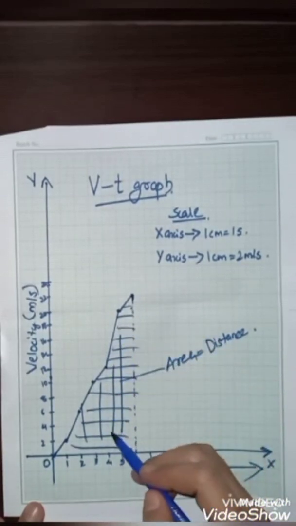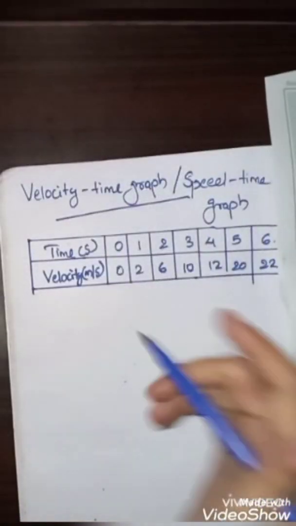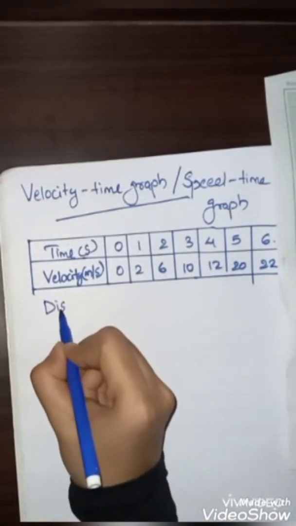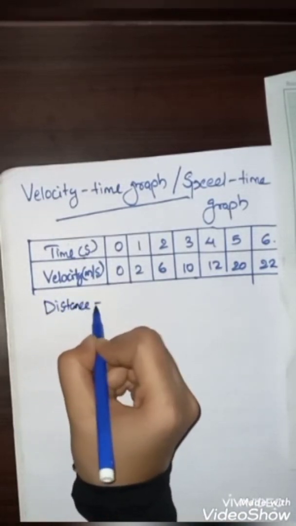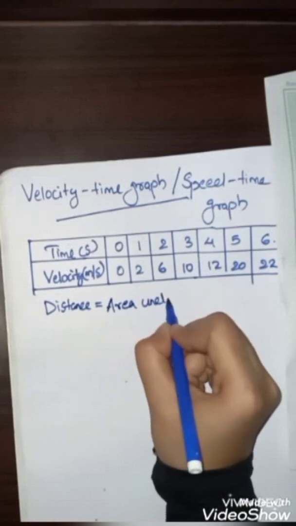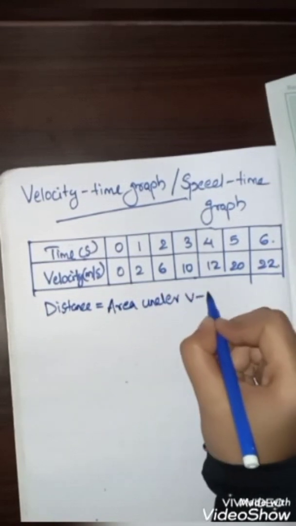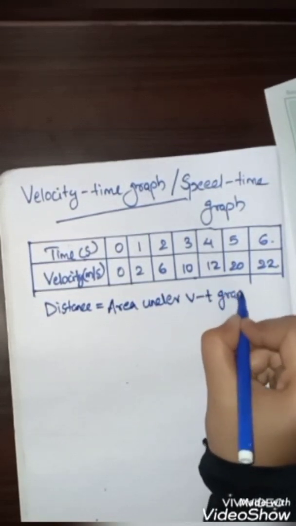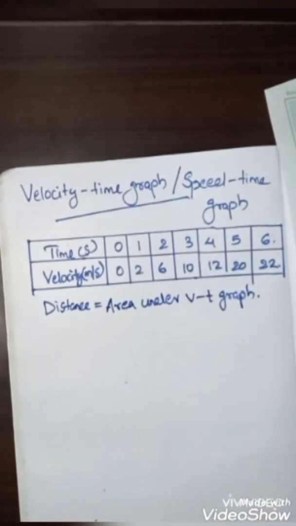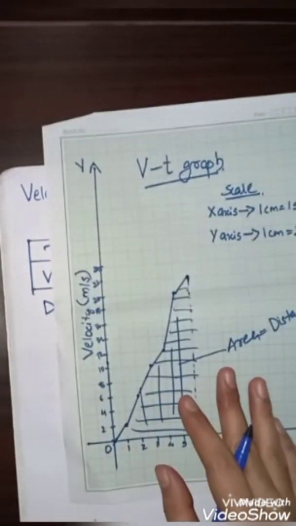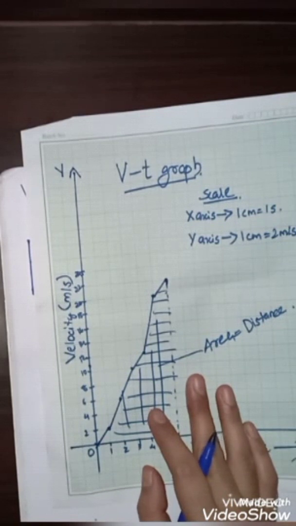So the distance is equal to the area under the velocity time graph. Hope you understand. Then in the distance time graph, we said that